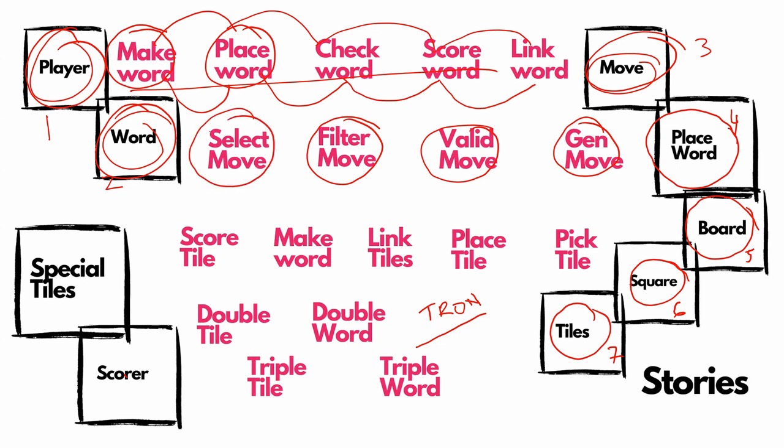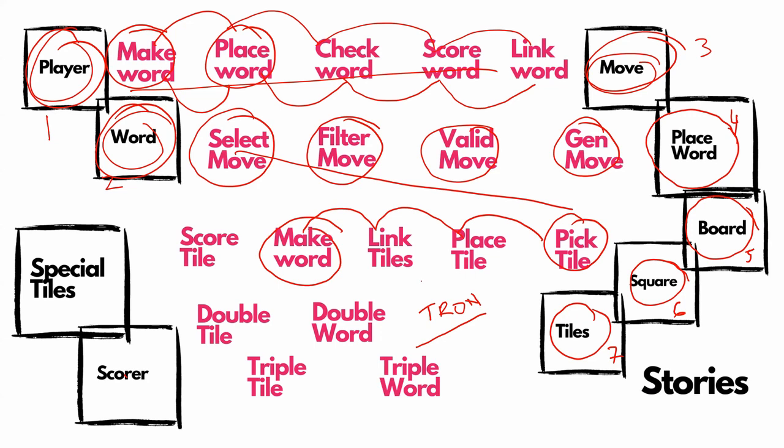And how do we execute the move on the board? We pick a tile from a rack, then we place that tile on the board, then we link this tile to the next tile, and together this sequence of actions makes a word. When the word is done, then we score each tile individually because we want to score the word, right? So अब जब आप tile, squares और board की बात करते हैं, तो you need to also think of two more actors, which is number 8 and number 9. ये कौन से characters and actors हैं? These are special tiles and scorer. Special tiles and scorer कैसे काम करते हैं आपस में? They work together by essentially doing what?